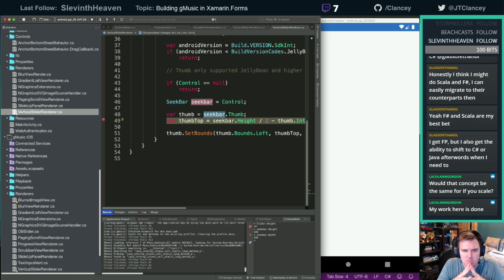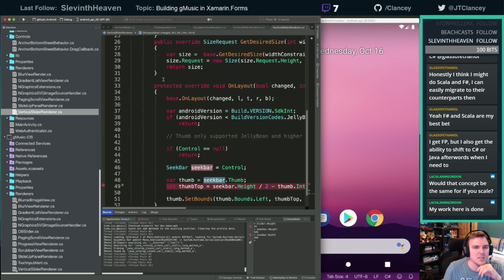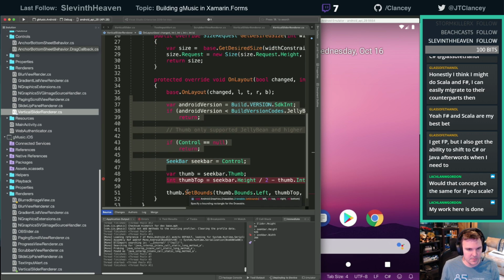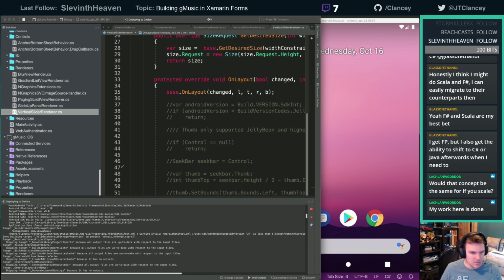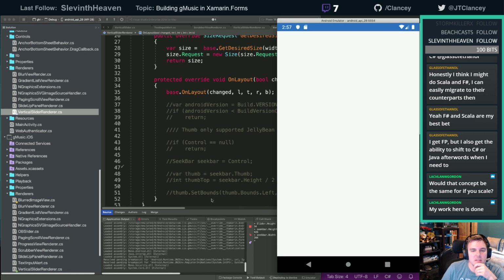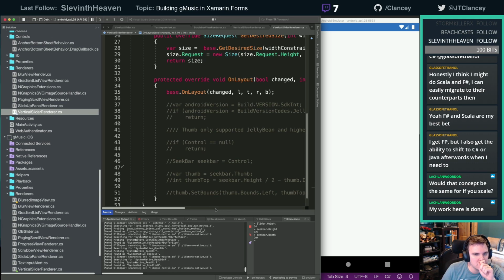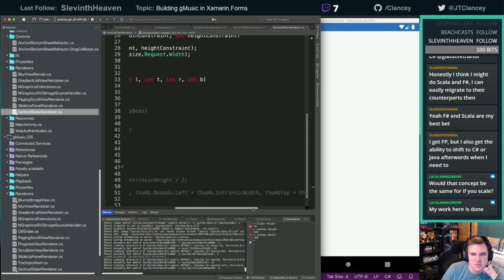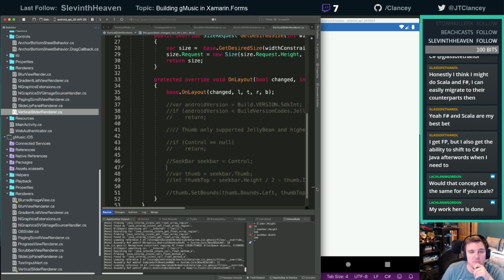That looks right, actually. I wonder what the problem is. Let's actually just comment out all this stuff and see what it does, because I know the thumb, yeah. Shocked you'd have to do anything with the thumb. Maybe setting the bounds that they're setting makes it to where it's only able to go so big? No. Wonder if that's like a bounding rectangle? No, that has intrinsic width and height, so no, that wouldn't be it either. I'm really confused here.